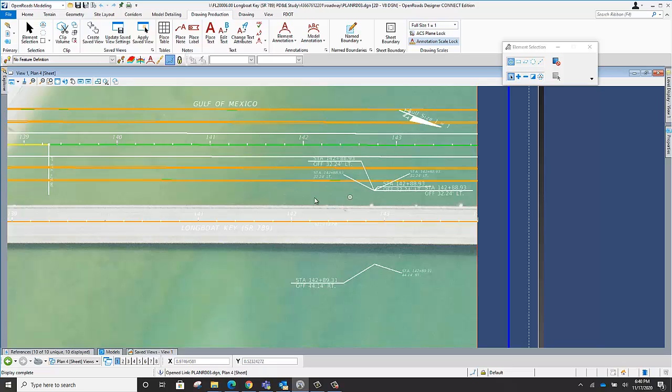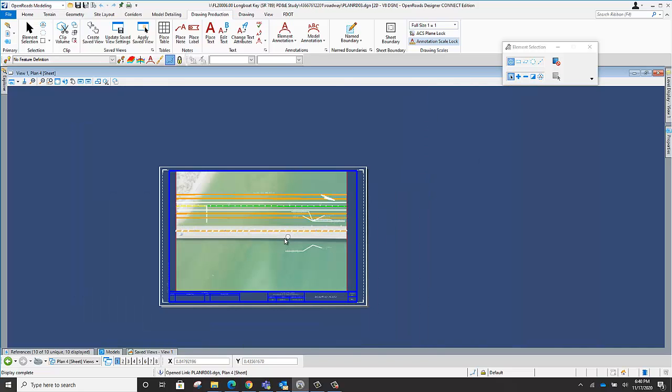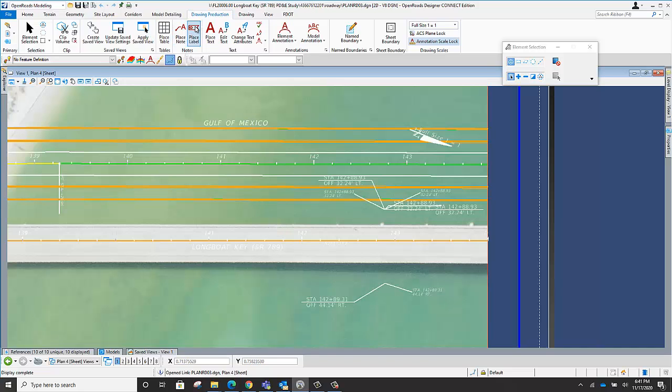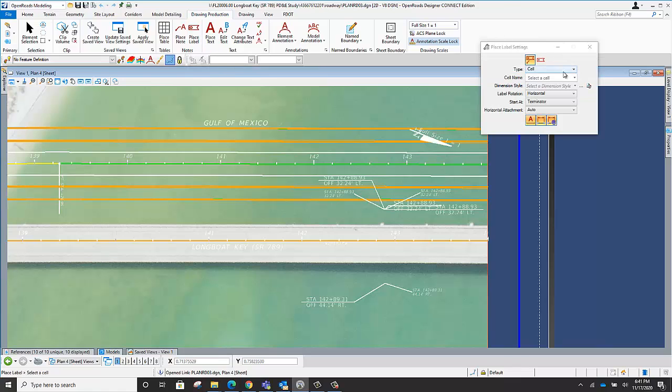And this is basically the best way of doing your plan labeling, by doing it into a text document, a text file, and referencing, as opposed to actually doing it in this file. I can label in here as well. I can come over here and place a label in this file as well. Same thing, and I can select the alignments. This is all intelligent, so it's telling me. I'll do the same one. I'll select cell, drop down. I'll do the exact same one. Station offset,